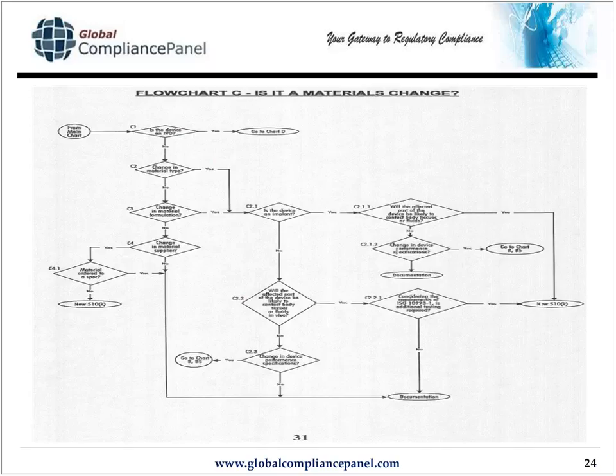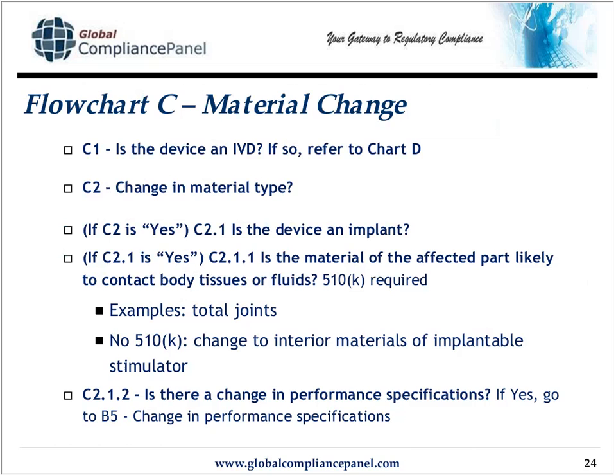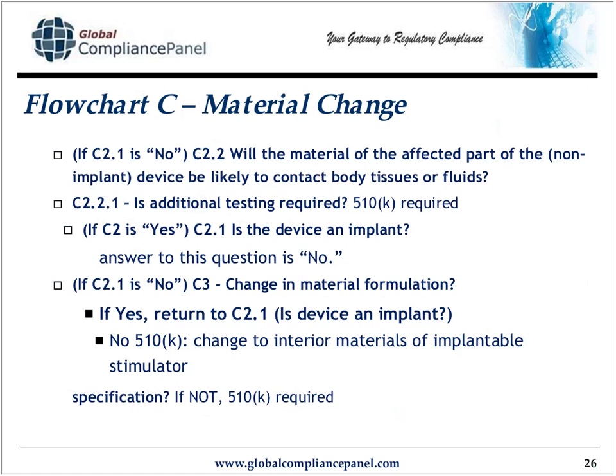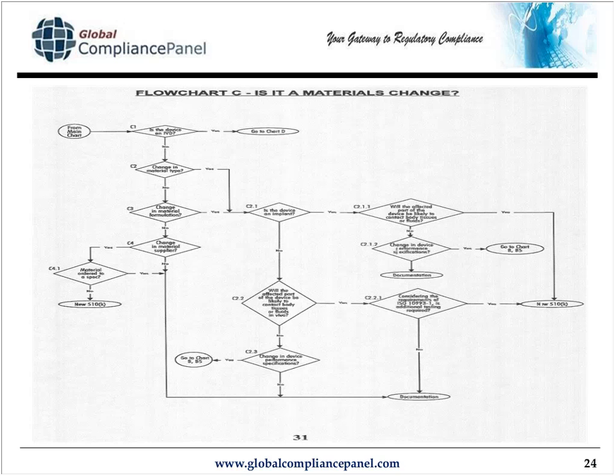Going back to C1, C2, and C3, no, I'm not changing the material type, neither am I changing the formulation, but I am changing the material supplier. So I'm no longer purchasing this material from supplier A. I'm now purchasing this same material from supplier B, and of course I have documentation, objective evidence, to support this. If I order material, C4.1 says material ordered to spec, and what that means is you spec that material